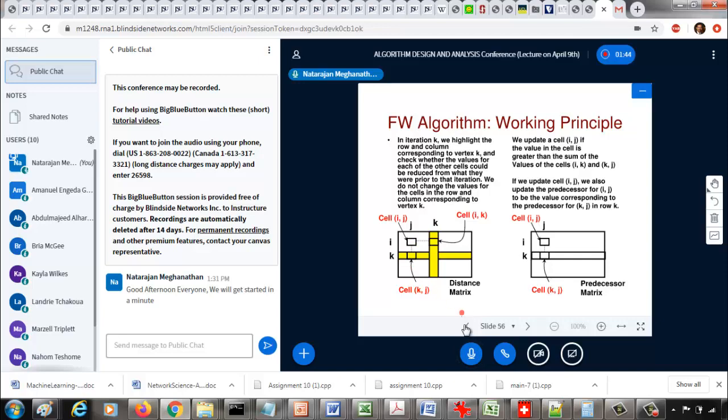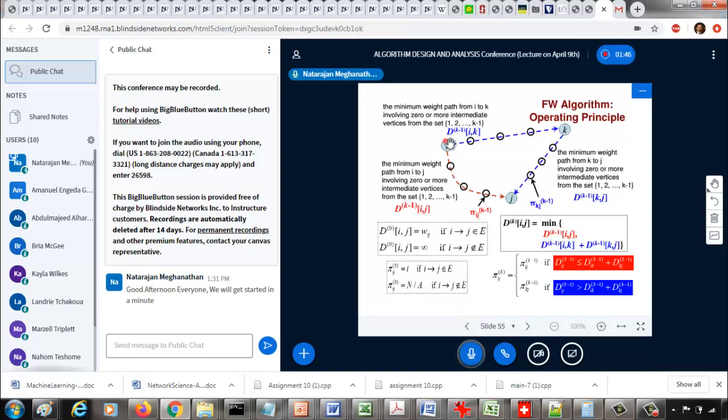Basically, instead of going from I to j through whatever path we know currently, can we go from I to k and then from k to j? Is the distance from I to k plus the distance from k to j less than the distance that we know currently from I to j? If that happens, then we can go through k. That means the distance from I to j has to be updated to the distance from I to k plus the distance from k to j, and the predecessor on the path from I to j